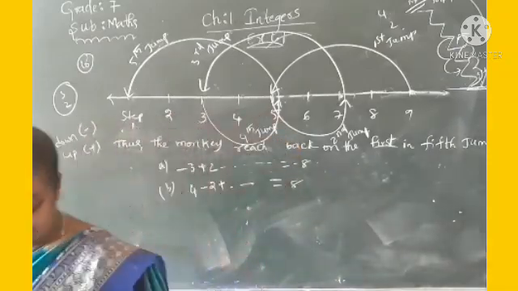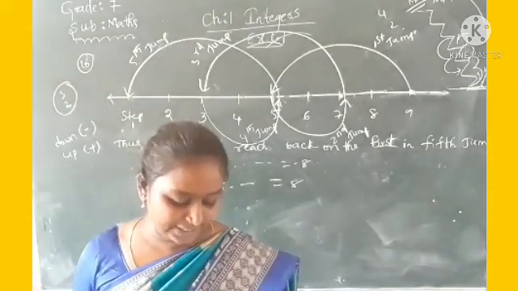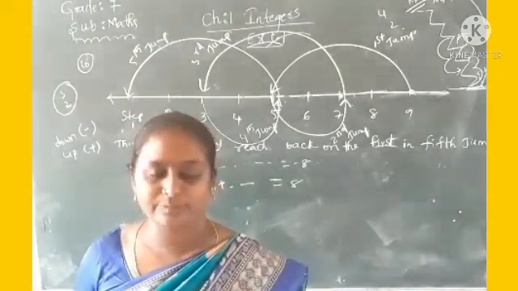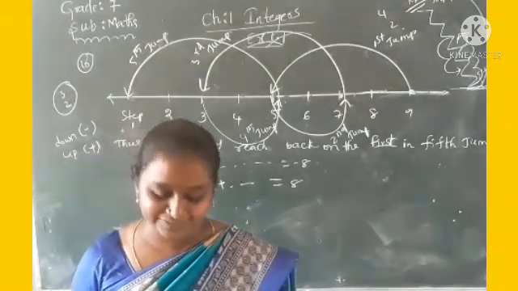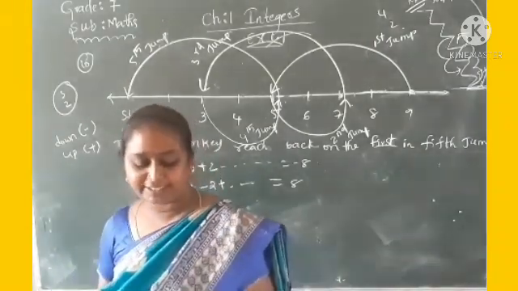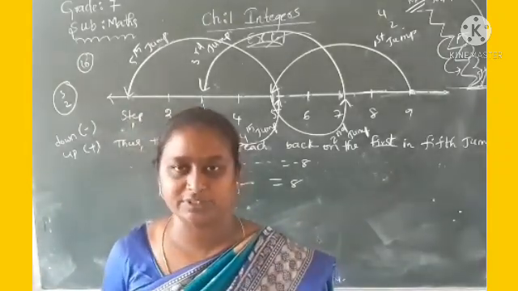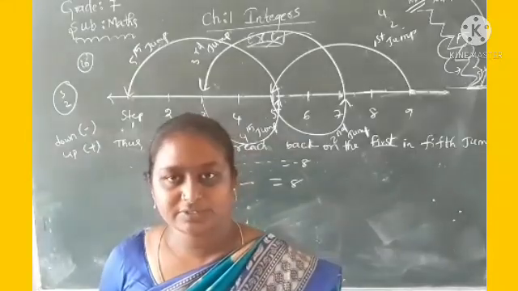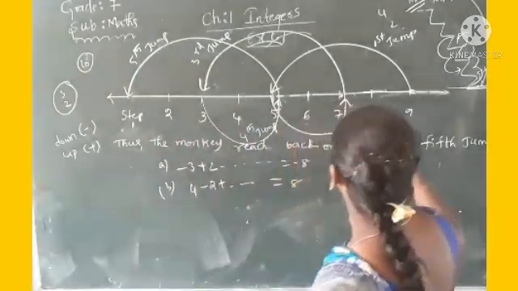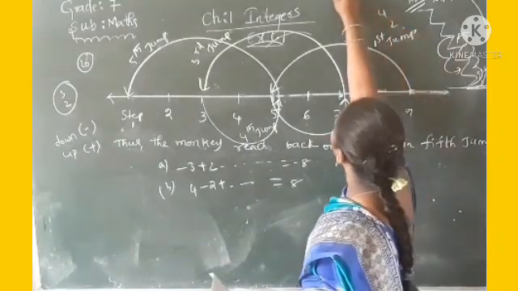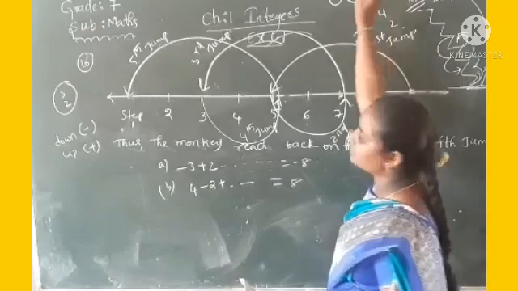If the sum minus 8 represents going down by 8 steps, what will the sum 8 in B represent? You try this yourself. The sum 8 in question B represents how many steps, by how many steps? For that one you have to do the same procedure. We will get the idea about that in question number 10. The third one I am giving to you as homework. You do this one as homework.